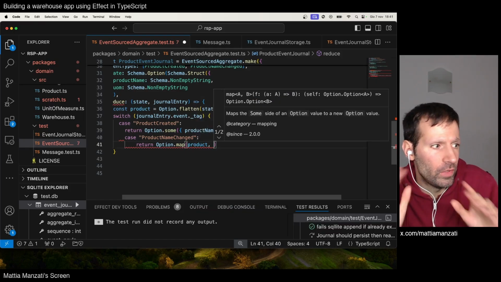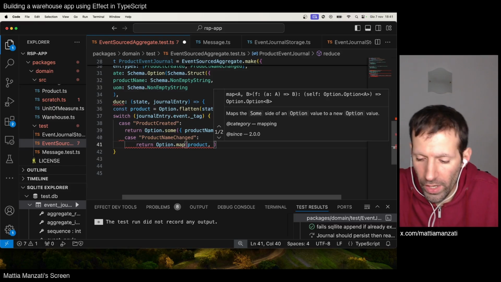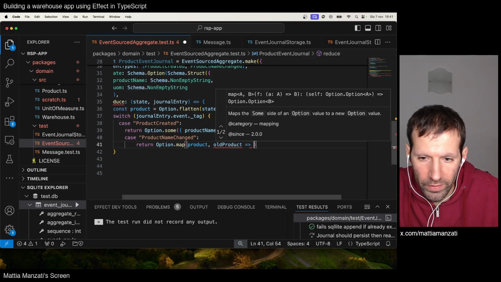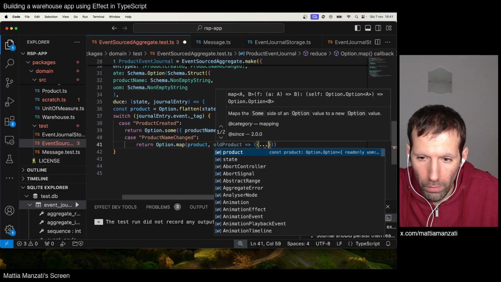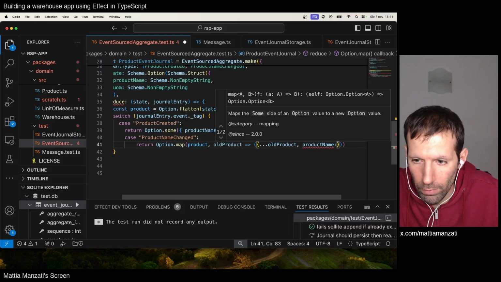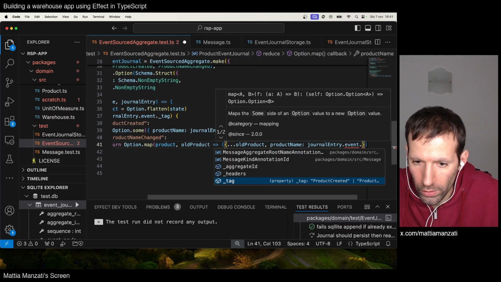And if there isn't a product, we cannot change the name. If there is, then we will copy over all of the old product, but change the product name to journal entry dot event dot